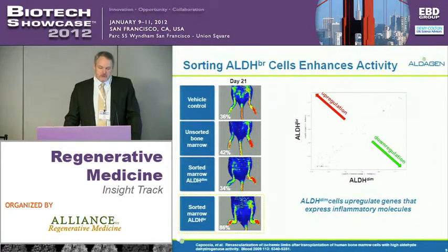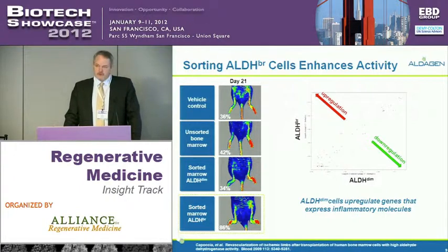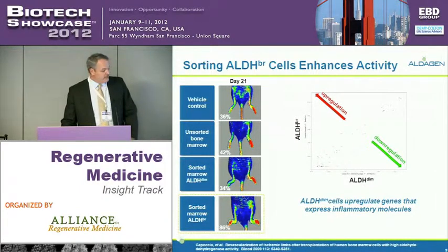The other thing that this actually showed us when we looked at gene expression was, why do you sort these cells? I mean, people have been using bone marrow themselves. Why not just give bone marrow? So what we did, if you look on the left, this is the hind limb model. Vehicle at day 21, you can see not much restoration of blood flow. If you put whole bone marrow into the model, you get a little bit of a benefit, but not a great deal. If you go to the bottom, if you put the ALDH bright cells, you get almost full restoration